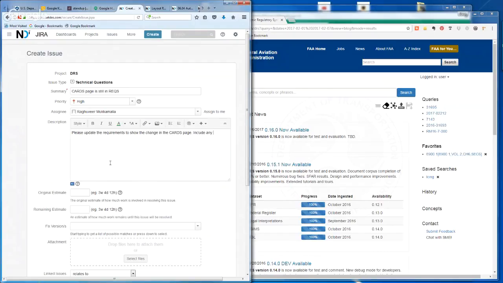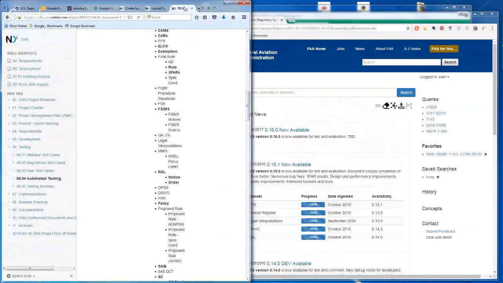Include any references to tasks, to issues that support this removal. Any references to issues, meeting minutes, etc. that support this removal. All right, and then we're going to say